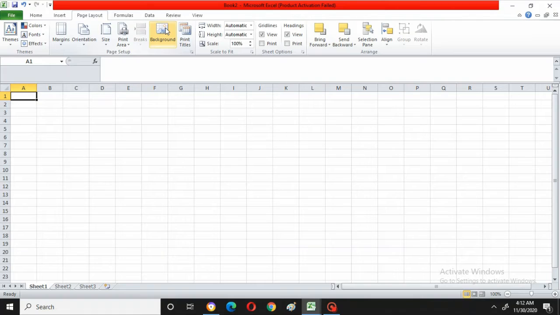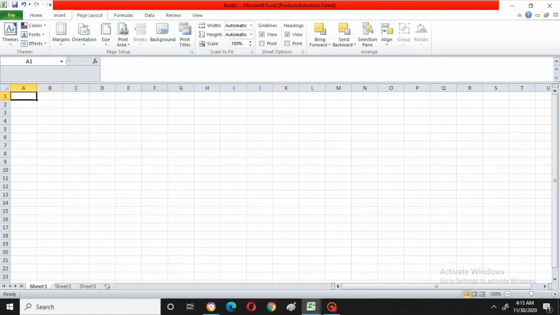This Page Layout I'll be completing within just 5 to 10 minutes, not even 10 minutes, because all the options present in Page Layout are the same or similar to MS Word. So I will give just a brief explanation. If you want a clear explanation, it is in the Word video. I'll just complete it quickly, explaining only the important things which are unique in Excel.